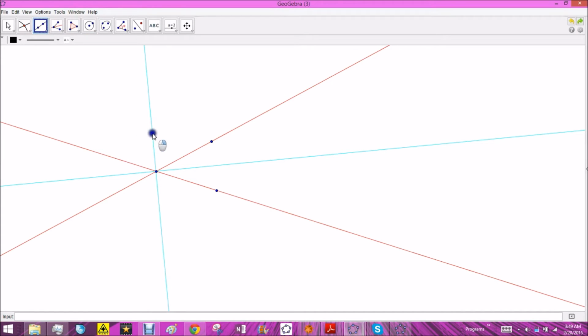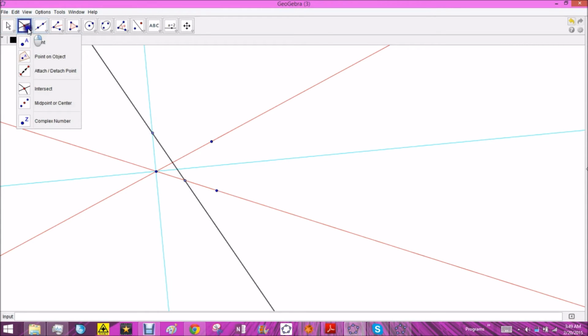So just to check that, we could draw a line and then just look at this line and look at where these 4 points intersect this line. And if you have a look at those 4 points, you will see that they are in fact forming a